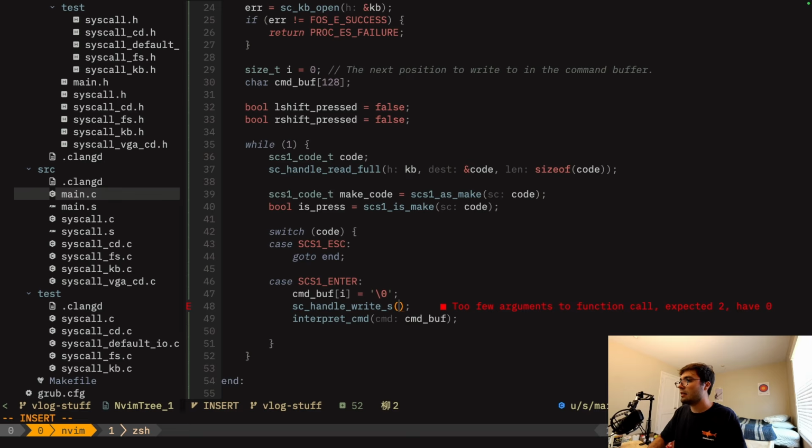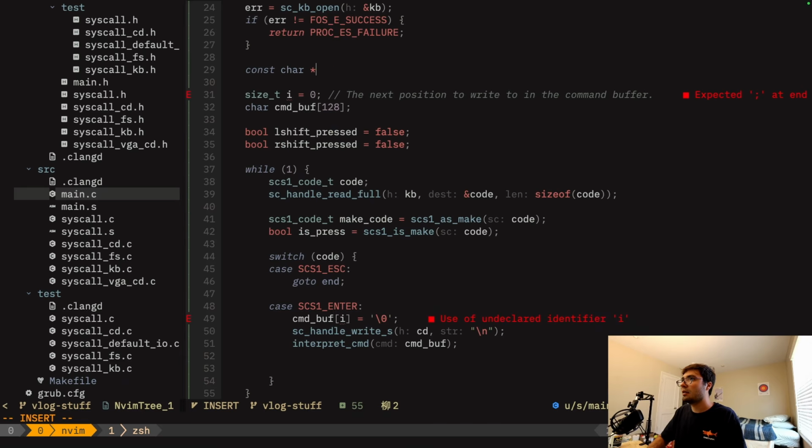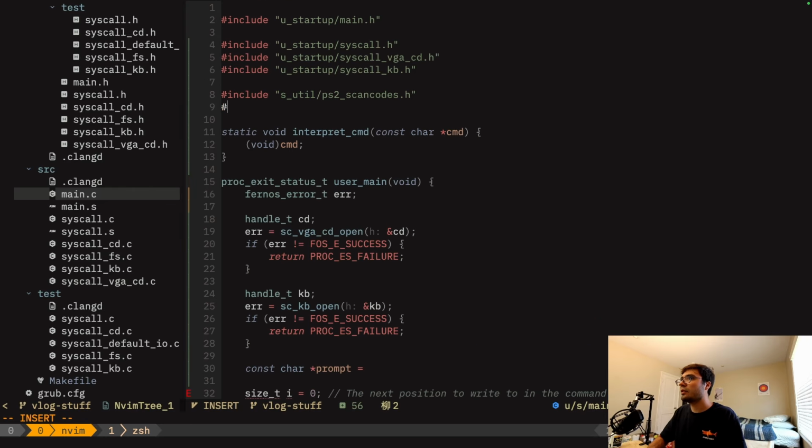We're going to give it the character display and the new line character. So we're going to skip a line before running the command. And then afterwards, we want to print out the prompt, which I realized I didn't print out in the beginning. So let's make a little prompt. I'll say prompt is going to equal,